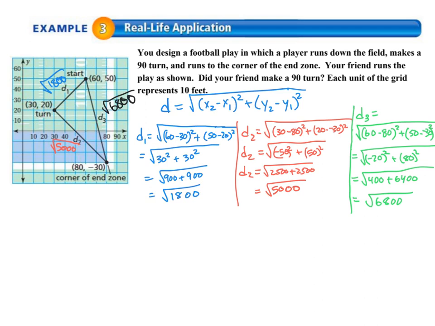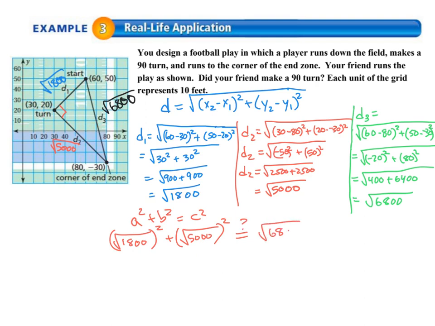So now I'm supposed to prove whether or not my friend made the 90-degree turn that the friend was supposed to. That means I have to prove whether or not this is a right triangle. So I need to use the Pythagorean theorem. And I need to say, look, is the square root of 1,800 squared plus the square root of 5,000 squared really equal to the square root of 6,800